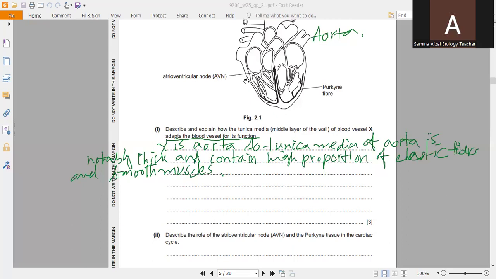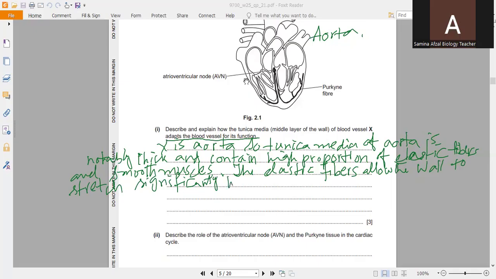The elastic fibers allow the wall to stretch significantly when the left ventricle